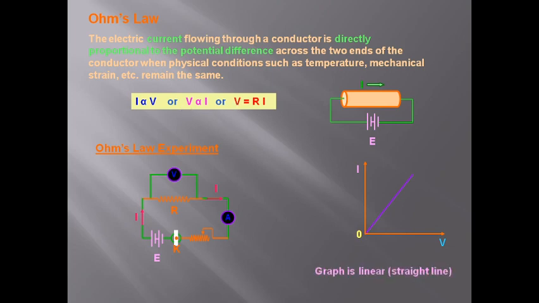So that graph is always a linear graph. In class 10 this statement is important, and this circuit diagram is important, and this graph is also important. So later on we will discuss in the next video, I am discussing what is resistance and what are the different factors of resistance.